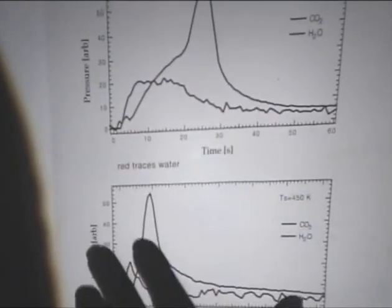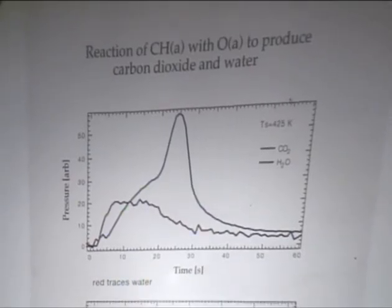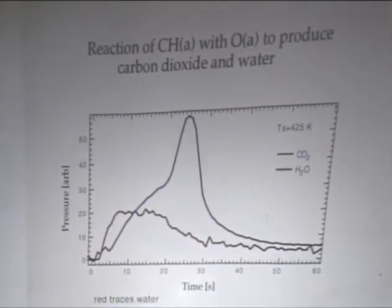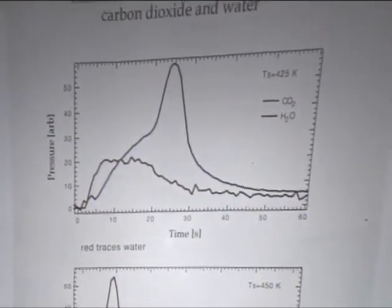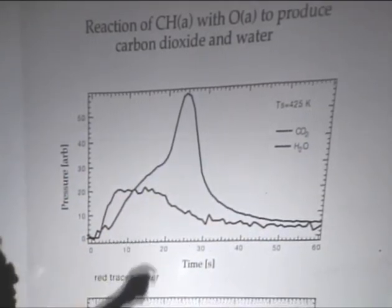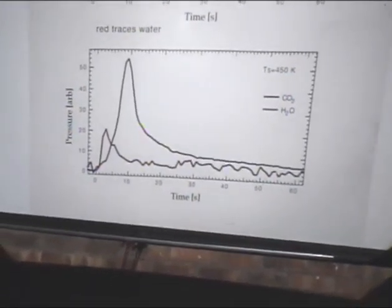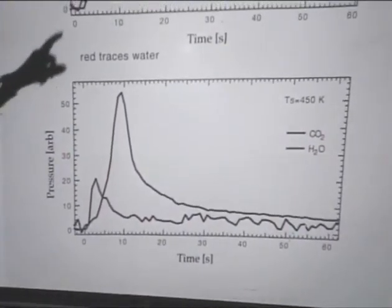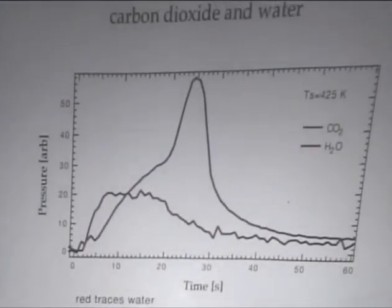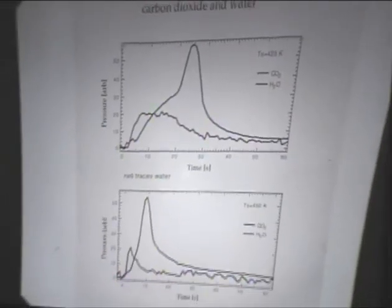So let me just show you the reaction pulses with CH. As we put CH on the surface through dissociation of methane and then introduce the oxygen, this is the time pulse in seconds of carbon dioxide, the big pulse, and water coming off the surface. You can see that the pulse shapes are quite different, the time dependencies are different, and each of these can be modeled. A modest rise in temperature from 425 to 450 Kelvin gives rise to the much shorter time scale of these pulses, and this is simply how we get activation barriers for the various surface processes occurring. So I won't go into the details of that. Let me just mention